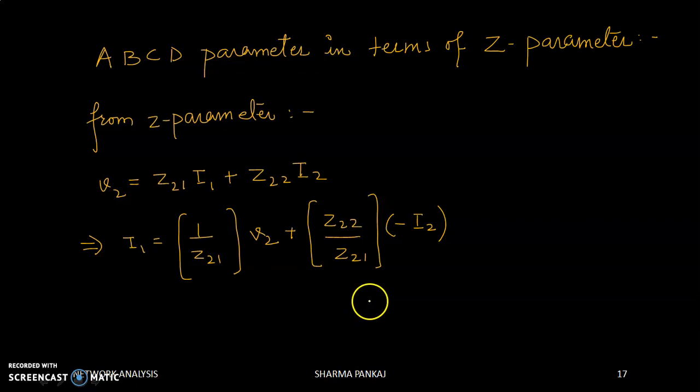I have just rearranged by taking I1 to one side of the equation. This is so simple. Now, from the second equation of Z parameter, this was our first, and the second one is V1 is equal to Z11 into I1 plus Z12 into I2. This will give you, on rearrangement,